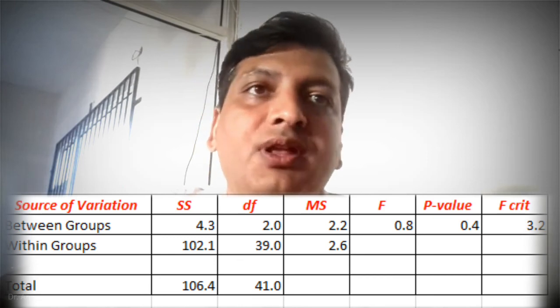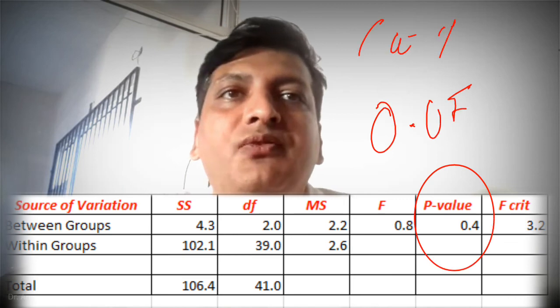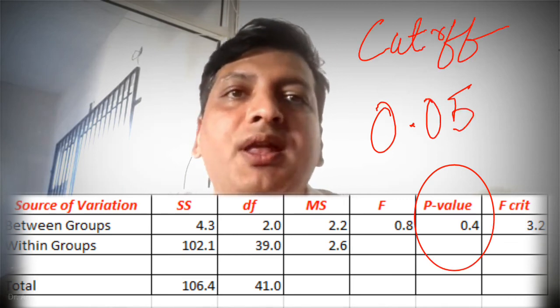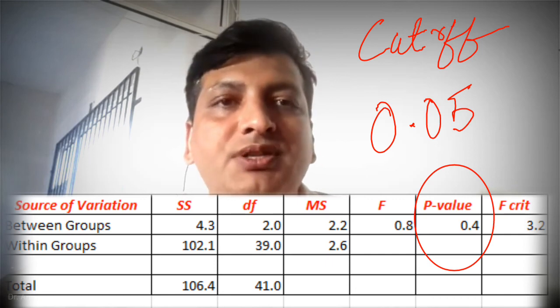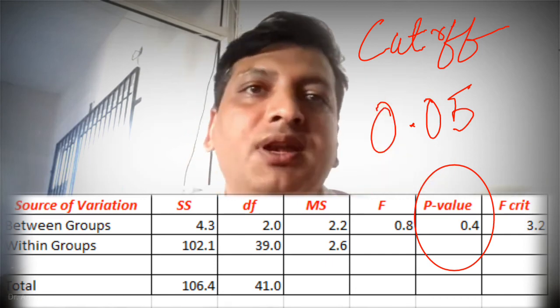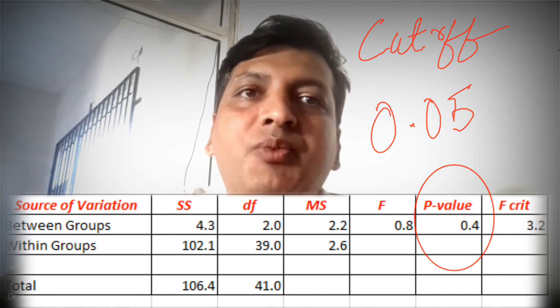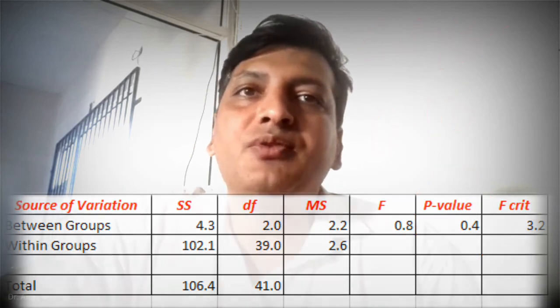So what does this table represent? This table is representing that our results were found not significant, because the p-value we have got is more than the cutoff point, and the cutoff point was 0.05 for our research. So if we had found the p-value less than 0.05, we would be able to say that our results were found significant.